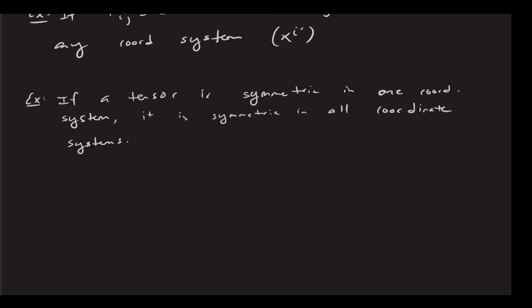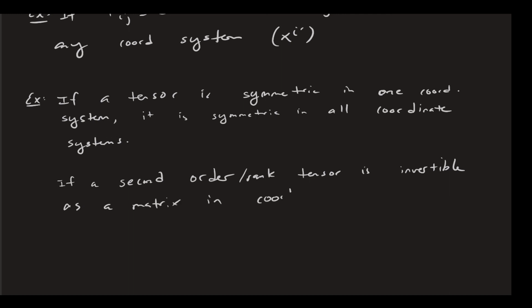And you could also say if a second order, or rank 2, tensor is invertible as a matrix in one coordinate system, then it is invertible in all coordinate systems,